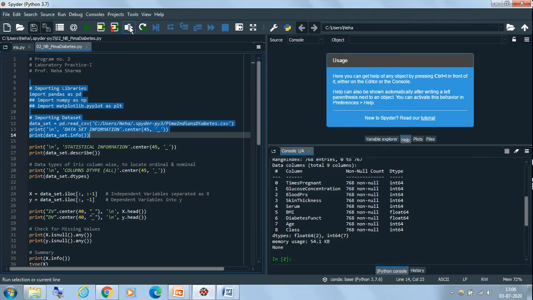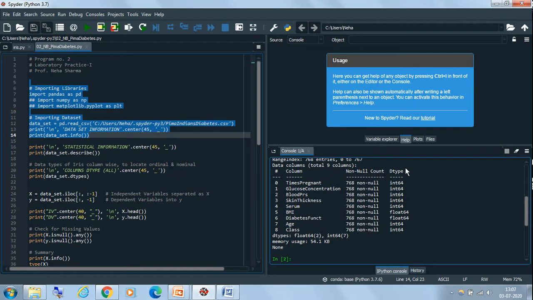You can see here it is showing the number of columns, the name of each column, and 768, which indicates that in our data set we have 768 records in total. Then we have a non-null count. Our data set does not have any null values, so all 768 are shown as non-null.